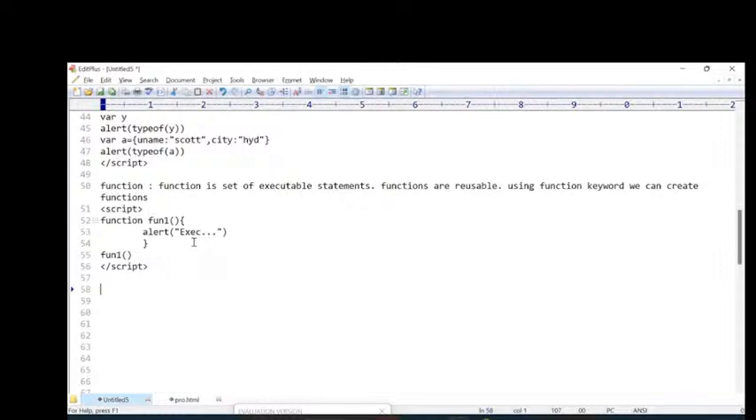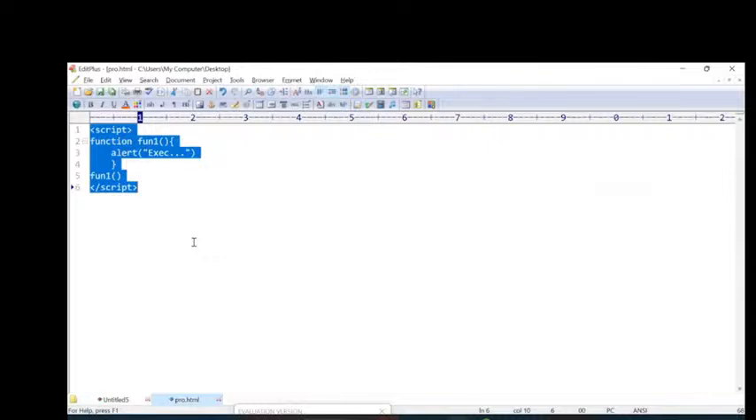Next, we are passing the arguments into a function at the time of calling. Yes, we can pass arguments into functions. For example,